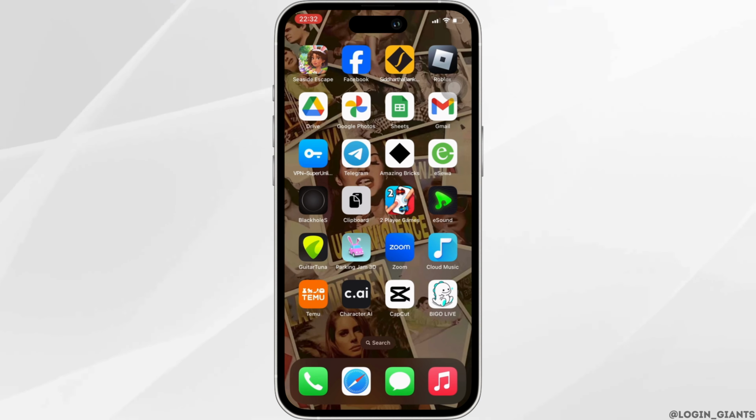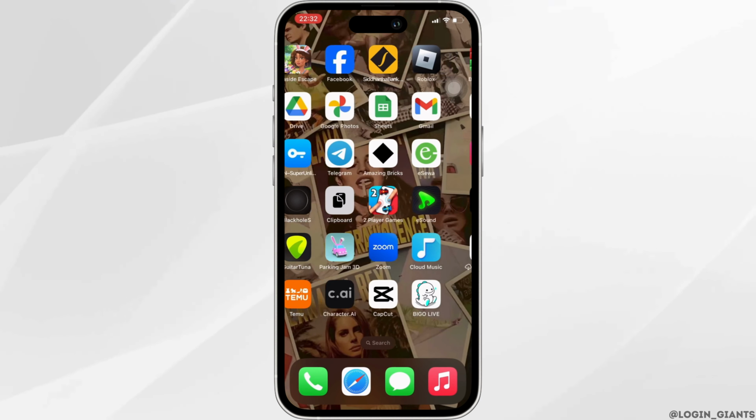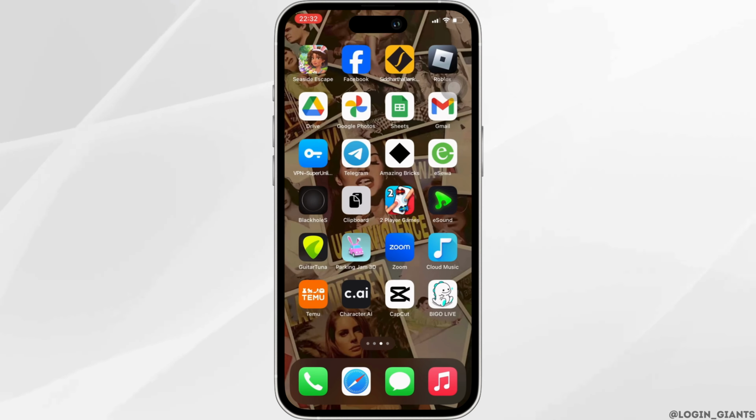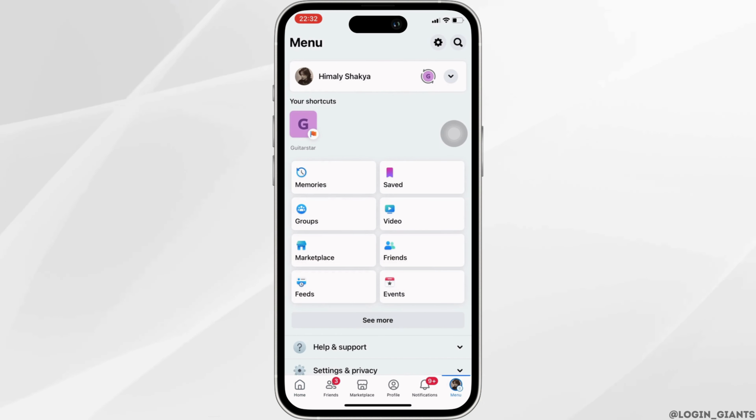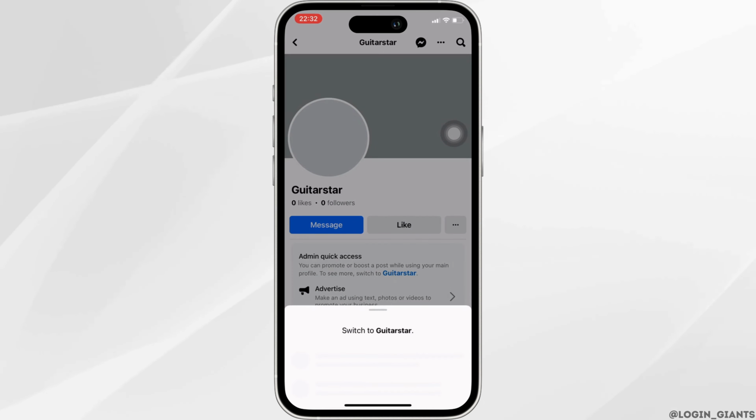The very first thing you want to do is to head over to your Facebook application. Enter your login credentials and then sign in to your specific account. Once you have been signed in, head over to the menu at the bottom right corner. Over here you'll be able to see your Facebook page. Click on it and then click on switch,